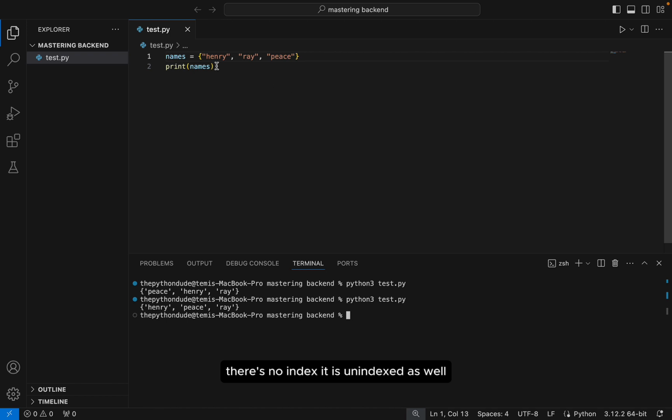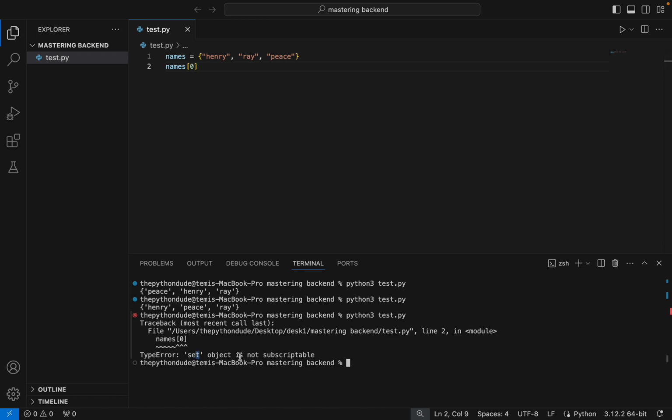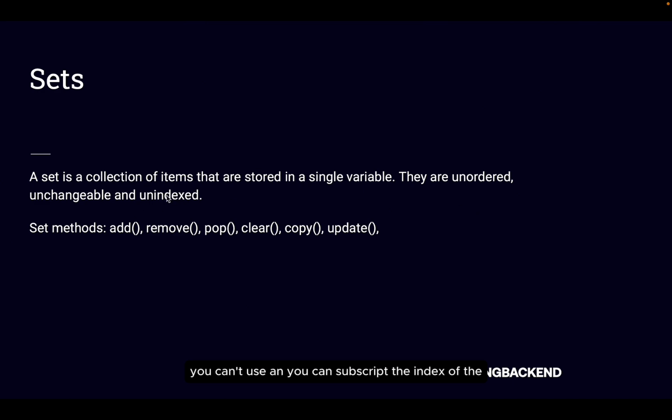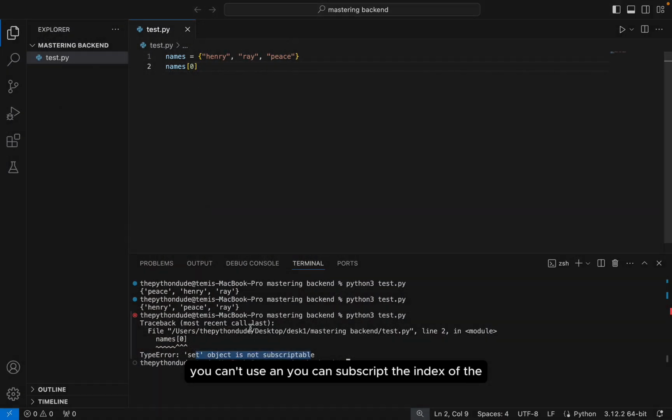There is no index. It is unindexed as well because you cannot access the item of a set by doing something like this, like getting a particular position, like 0, 1, 2. You can't do that with set because set is not subscriptable. It is not indexable. You can't subscript the index of the items in the set